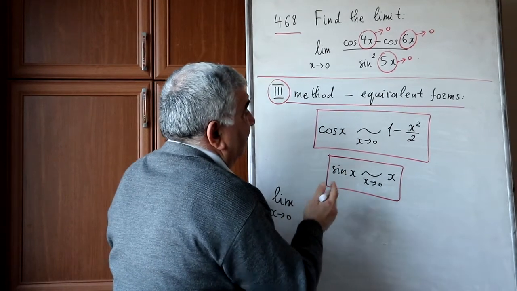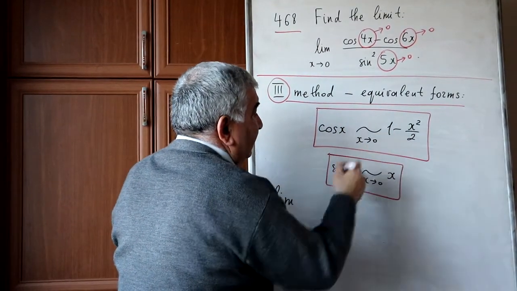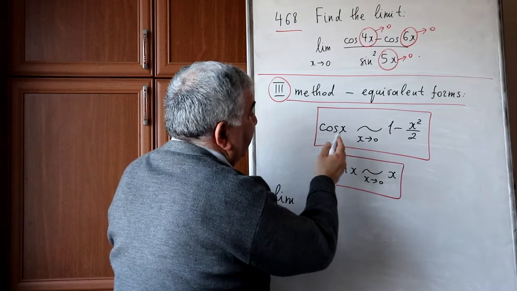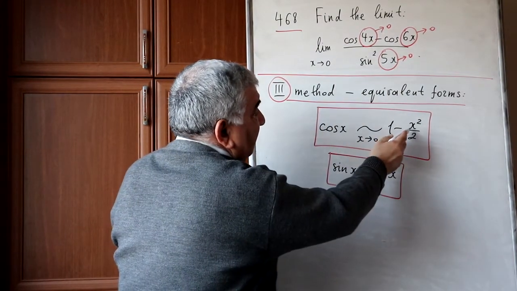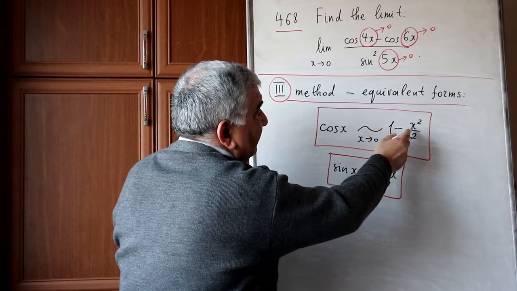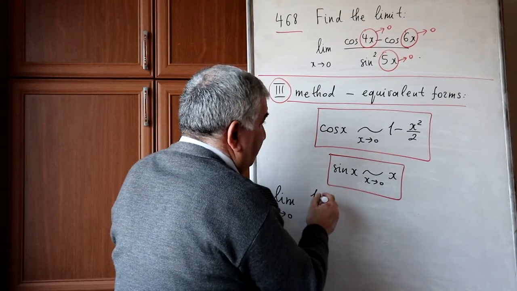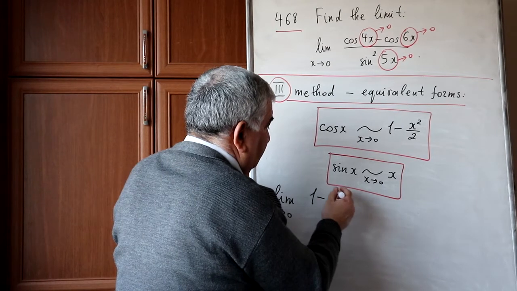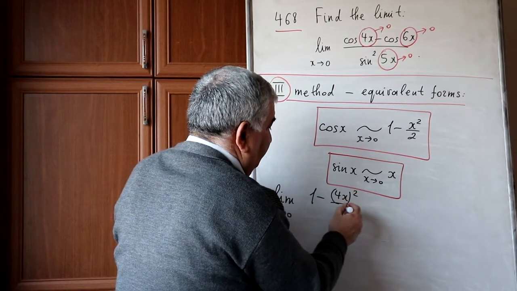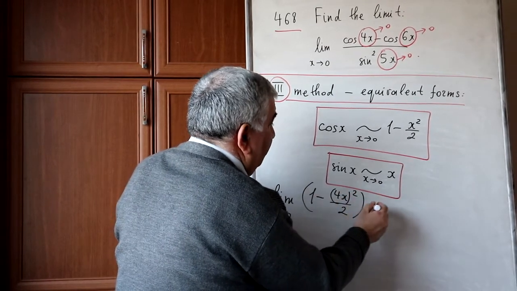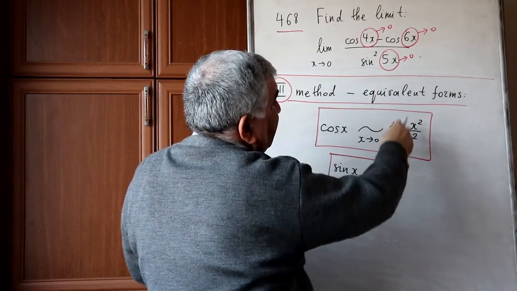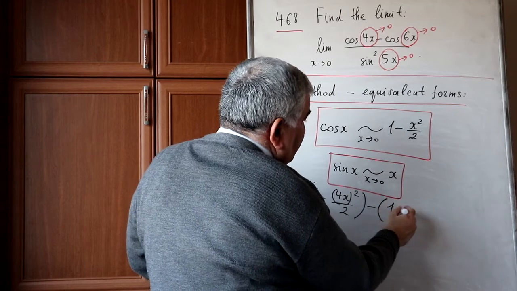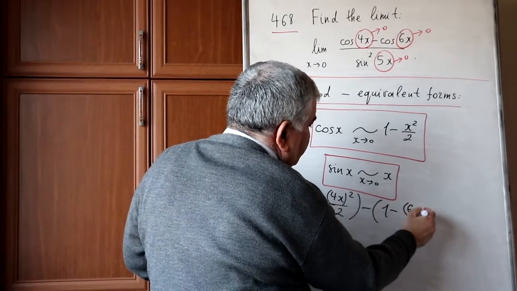Then we can apply these formulas. Cosine 4x, we must substitute 4x instead of x: 1 minus (4x) squared in half, minus, then substitute 6x instead of x: 1 minus (6x) squared in half,